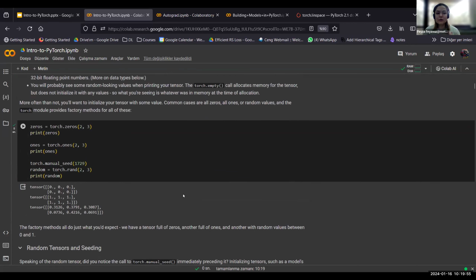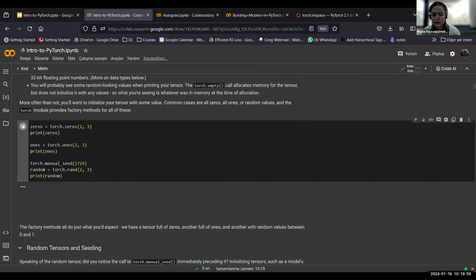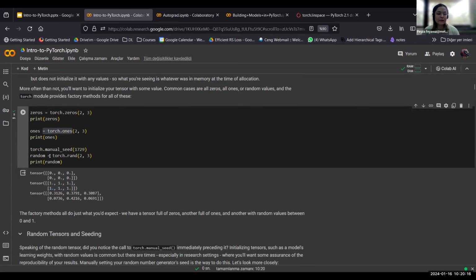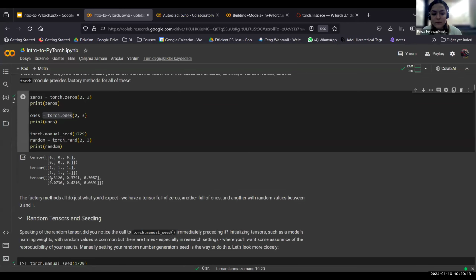And let's continue with some examples about zeros and ones. When I run this cell, I can see that the zeros tensor is a 2-row, 3-column tensor with all 0 values in it. For the ones tensor, we see the same with 1 values. And for torch.rand, we see 6 different values, which are all in the range between 0 and 1. And